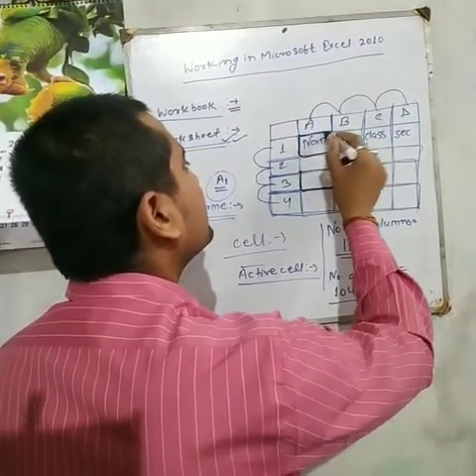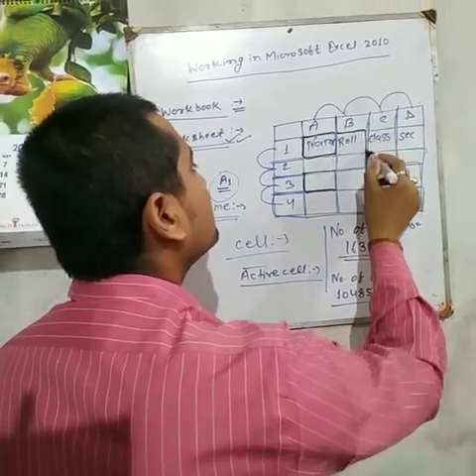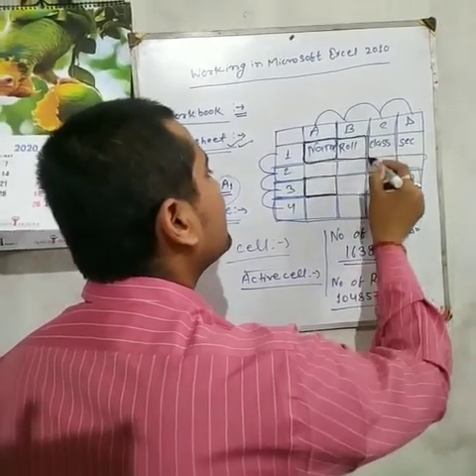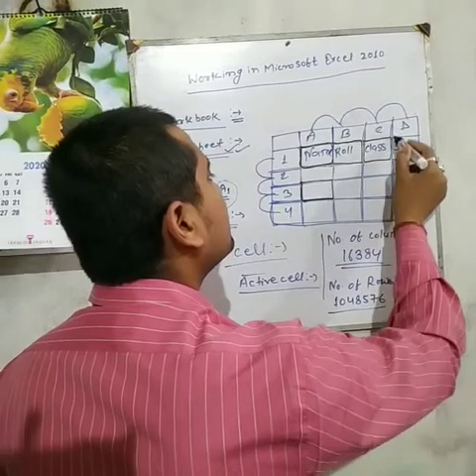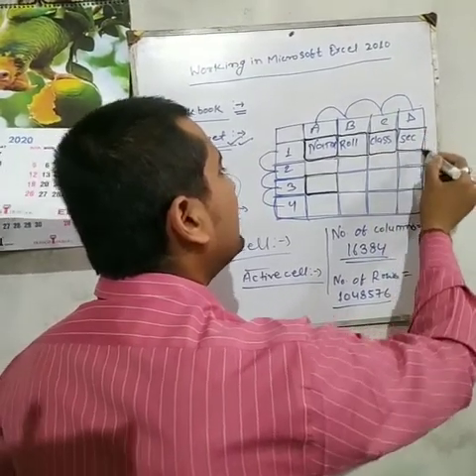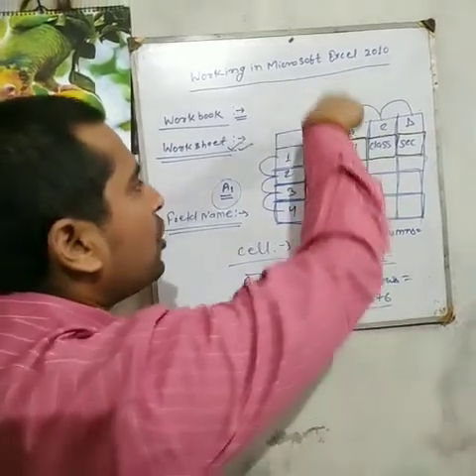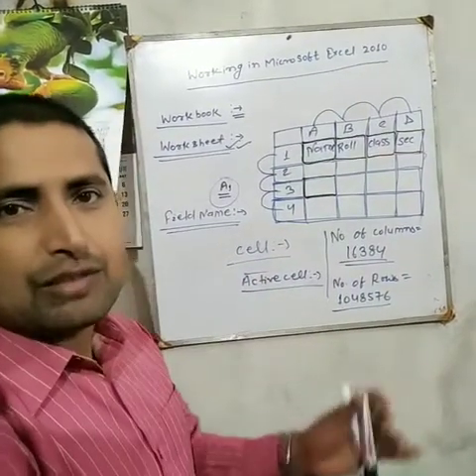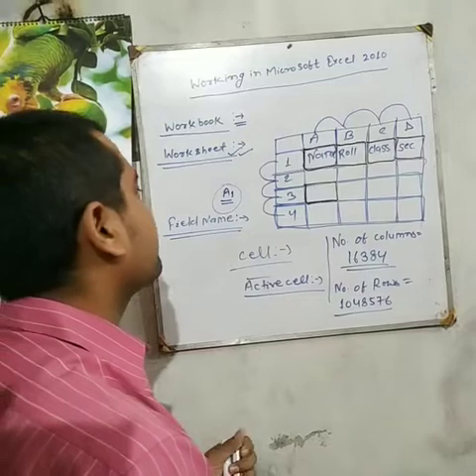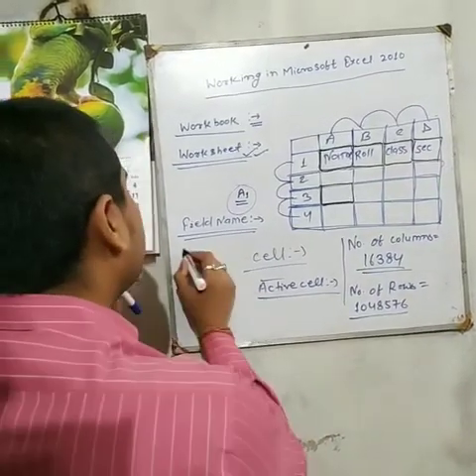Name, roll, class, section, that is called the field name, because the information displayed in a column, कॉलम में जो इंफॉर्मेशन डिस्प्ले करता है उसको हम लोग क्या बोलते हैं? फील्ड नेम बोलते हैं. Next one is record,